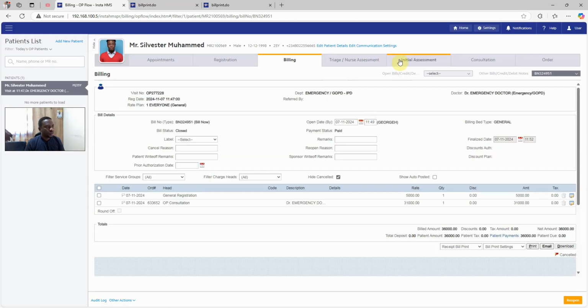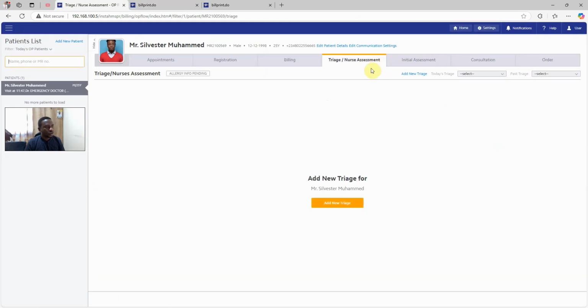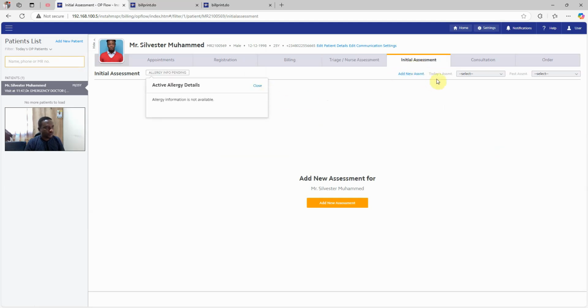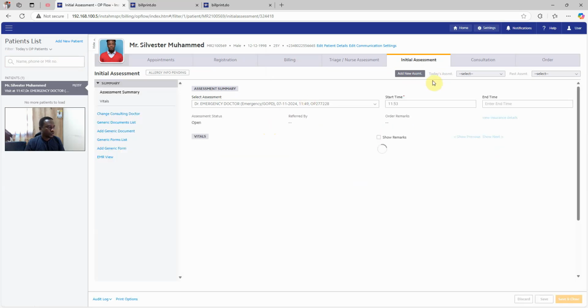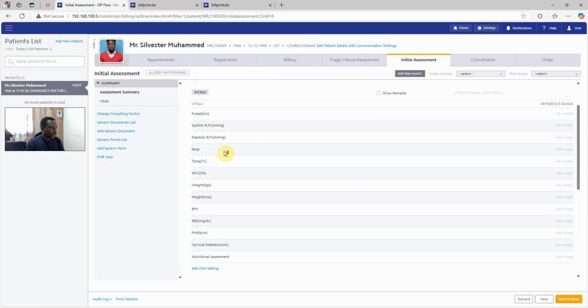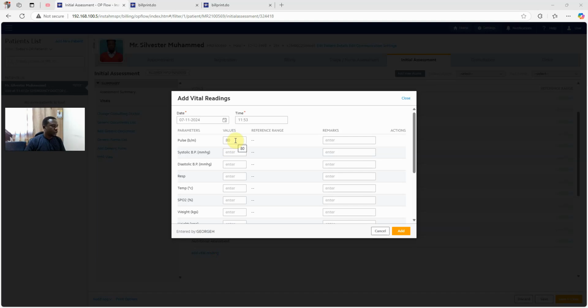Next, after payment, the patient of course will go to the nurses for triage. If they do triage, they can add triage. If not, they can take only vitals, where you see vitals will come here. So I'll just add a new assessment where you just add only vitals. Okay, I'll add the vitals here. So I can say maybe this one 25